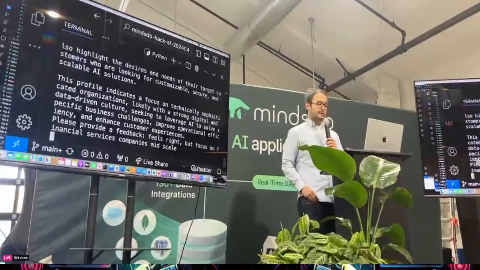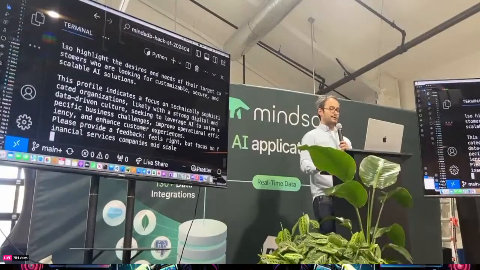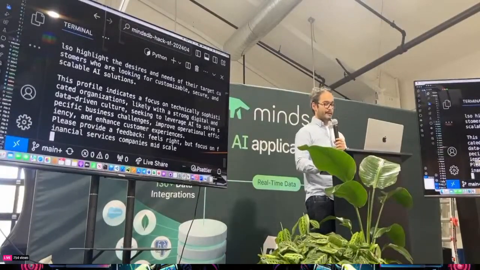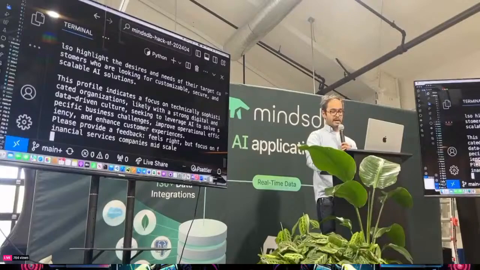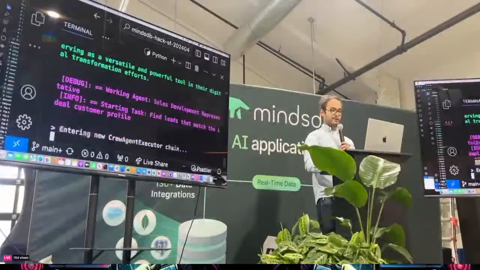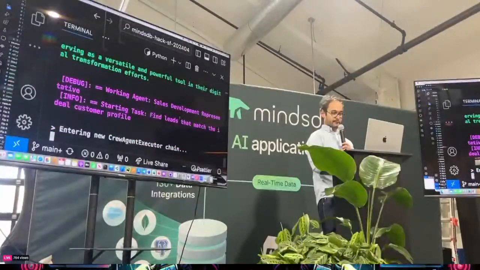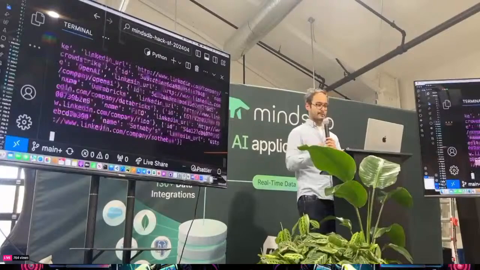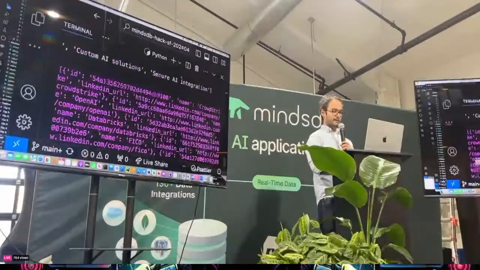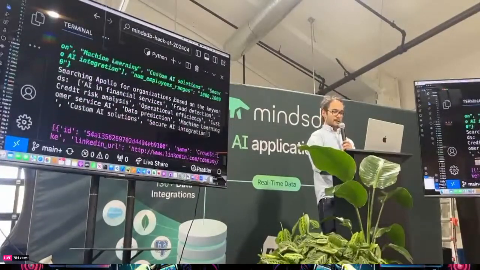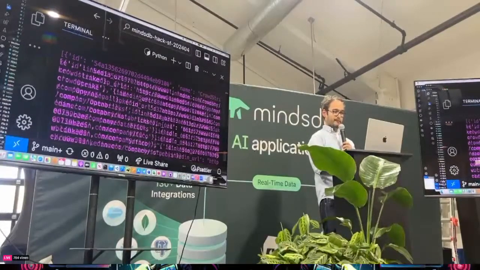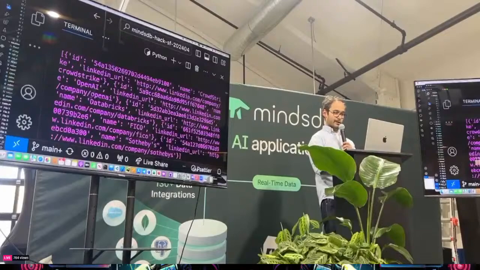So with this human input, the agent will refine the ICP and then pass the information to the sales dev rep. The sales dev rep uses the Apollo database, as you can see here. So it looks for these kinds of keywords and finds some companies, FICO, CrowdStrike,